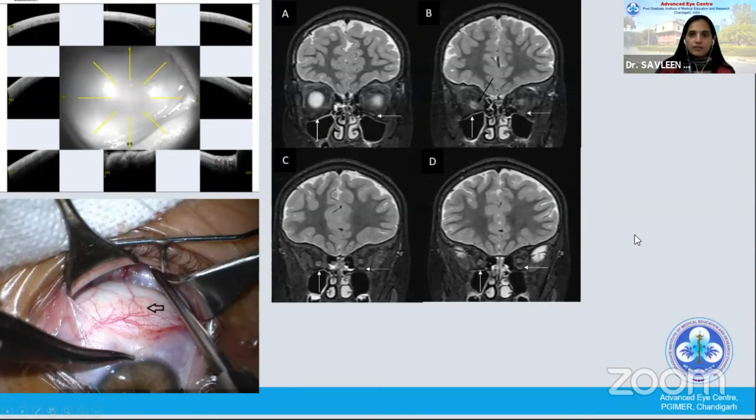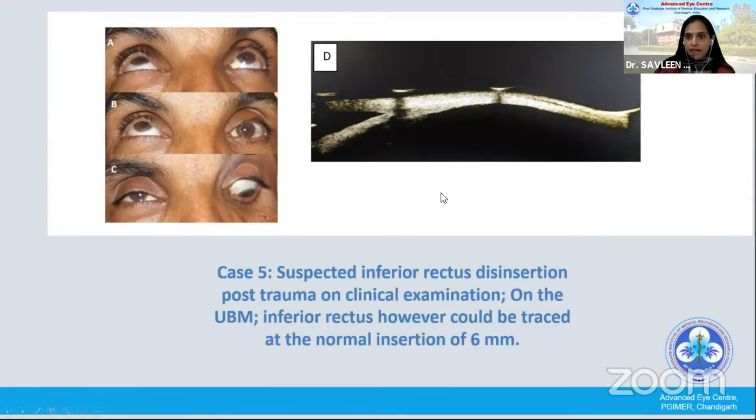So ASOCT, in the next case that I see, maybe I would just do an ASOCT where I suspect a muscle aplasia or an absent muscle before I order an expensive and more sophisticated imaging tool like the MRI. Of course, earlier we used to have just the UBM. This is an older UBM picture.